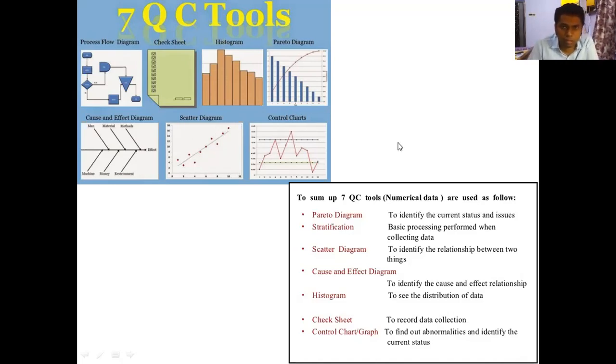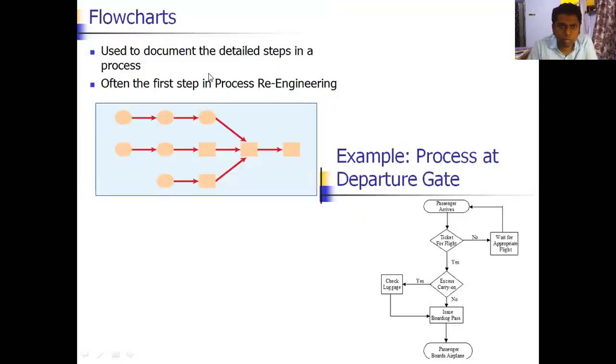Okay, so let's precisely understand these things. So first one is flow chart. It is used to document the detailed steps in a process, often the first step in process reengineering. So flow chart basically depicts